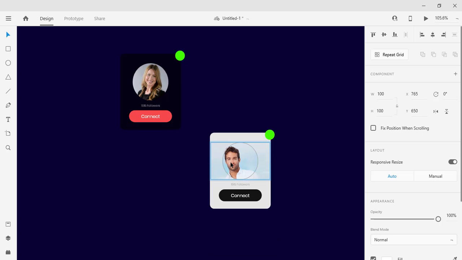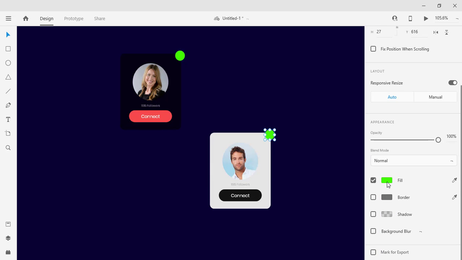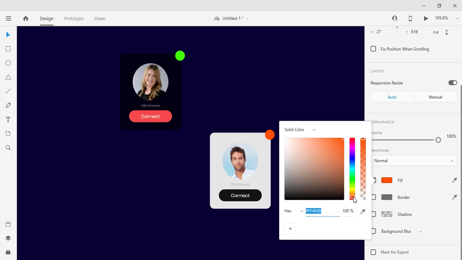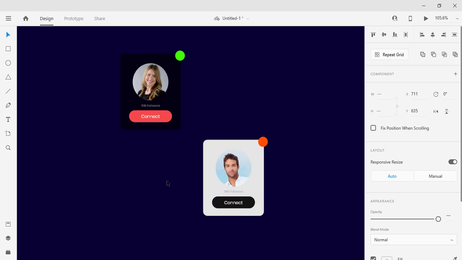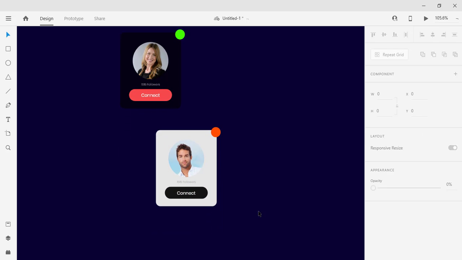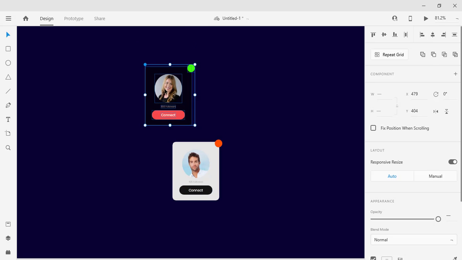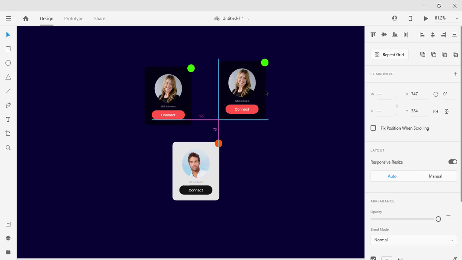Just double click and adjust the photo as per your requirement. By doing this, we are creating another instance. Yeah. So this is the second color that you have created on an immediate basis. Now let's copy this again by pressing Alt.